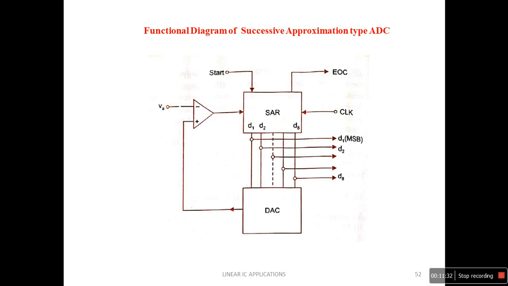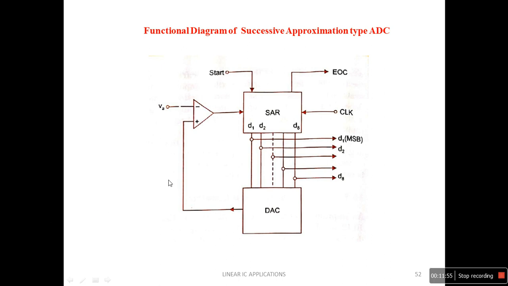The D2 bit, that is the 4 kg, stays as it is, and it will take another 2 kg. Then 4 plus 2 is 6. Then what happens? The 5 kg unknown weight is less than that one. Then what you can do? The third bit D3 is removed, and we put the D4 bit, that is the 1 kg. So 4 plus 1 is 5 kg, and this 5 kg, both are equal.